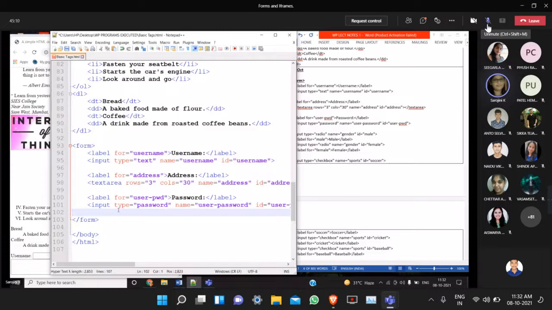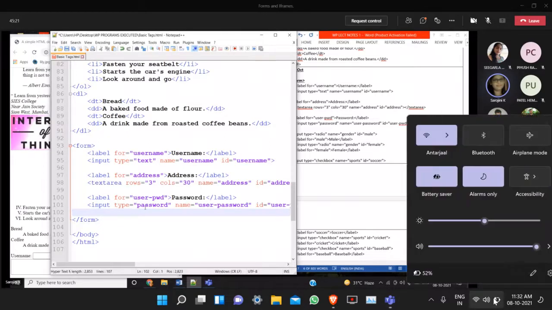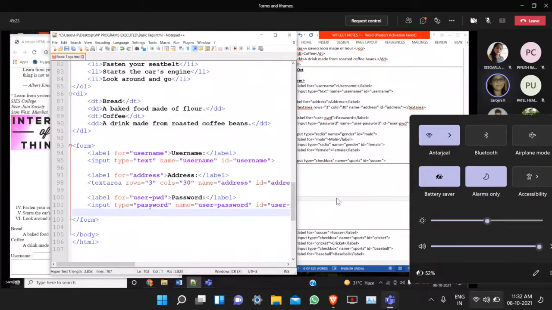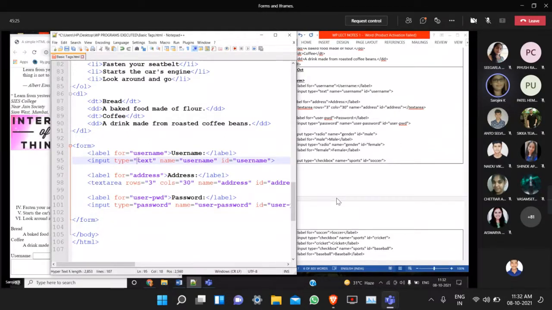Remember this: text, password. All these are predefined keywords.